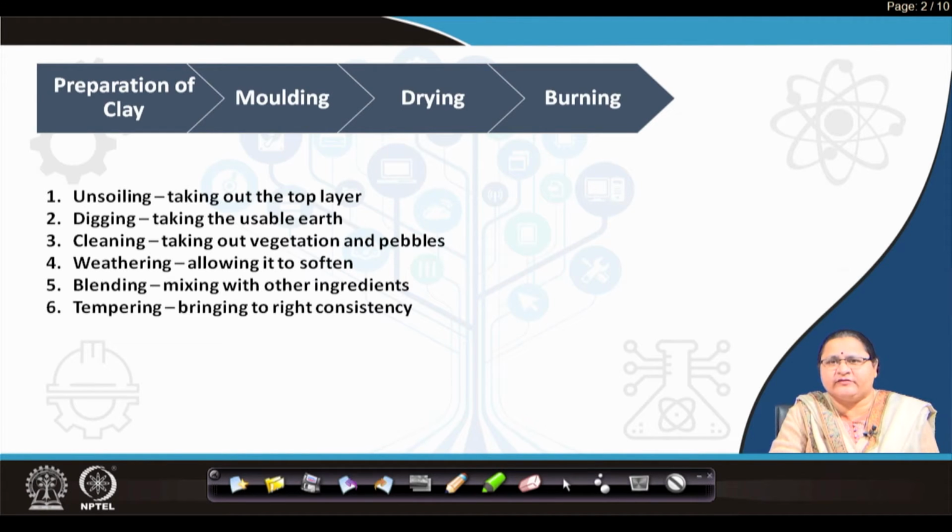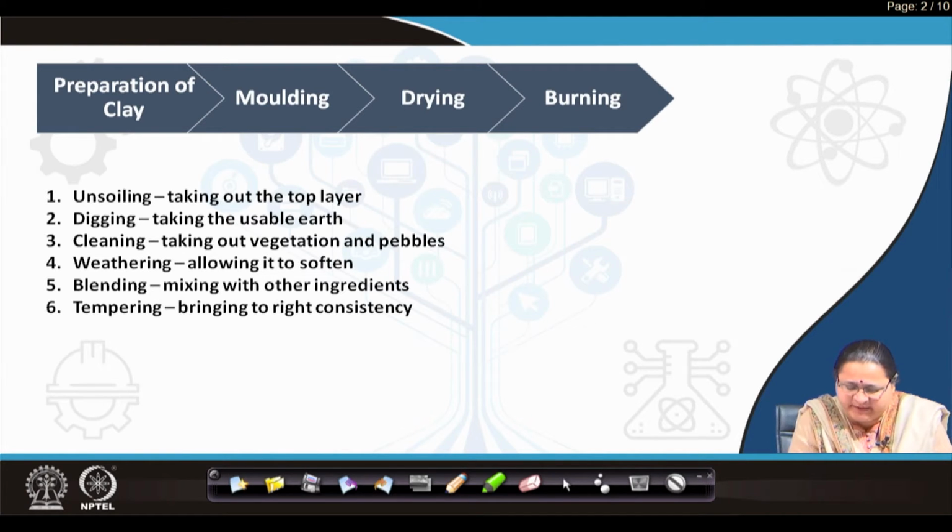Next comes the process of blending. When you get some amount of good earth, you can go for blending. So, what is blending? You have to mix it or churn it inside a vessel or a mill, so that it gets uniform all through. It is kind of kneading, like you knead flour. After doing so, it gets porous and it is ready for molding.